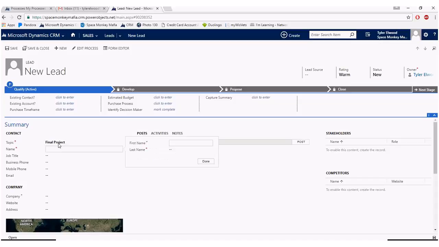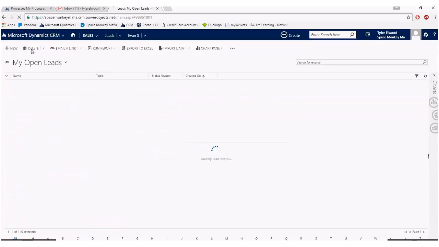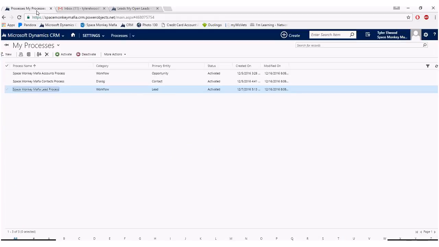Final project. Again, Evan. Email, we will use my email for this purpose to show that it's actually sent out to the correct email. And then the rating of hot, and we will save and close that. Okay, so as we open this back up now,